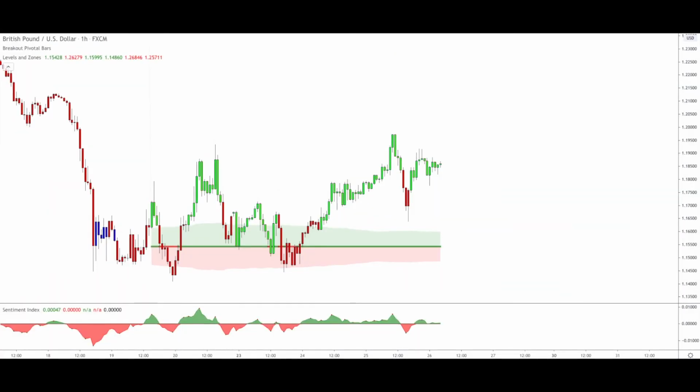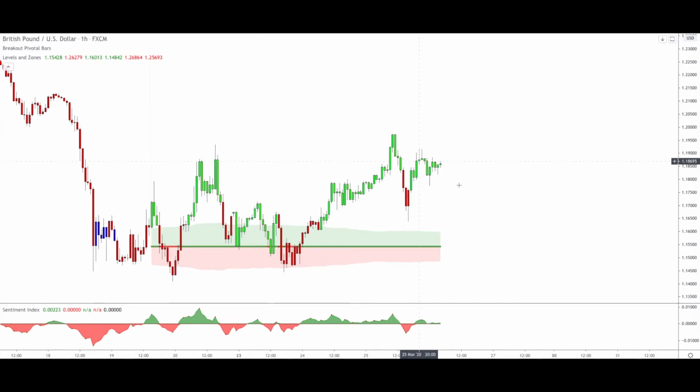Today we are looking at the British pound versus the US dollar on the 1 hour time frame. We are using three indicators for this analysis: the breakout pivotal bars, the levels and zones, and the sentiment index down here at the bottom. The main setup will be made up by the breakout pivotal bars and the sentiment index, so just two indicators. The levels and zones is used for extra confirmation, in this case for the macro analysis on